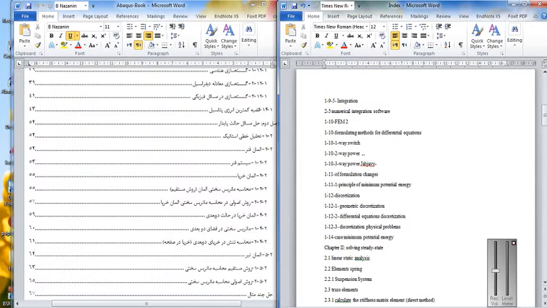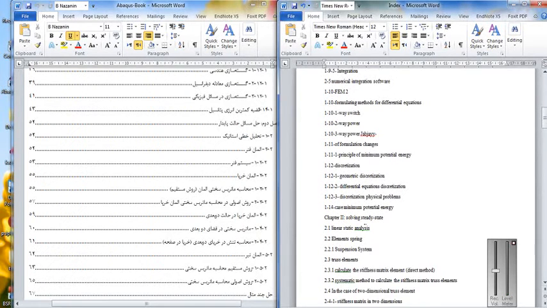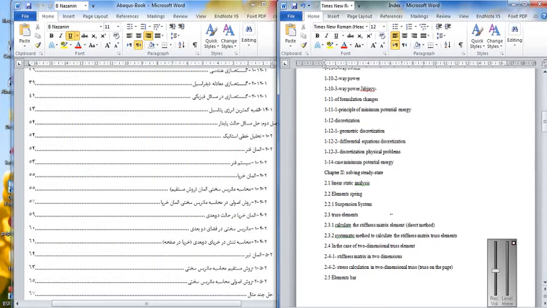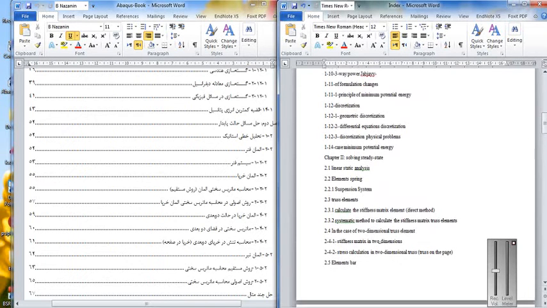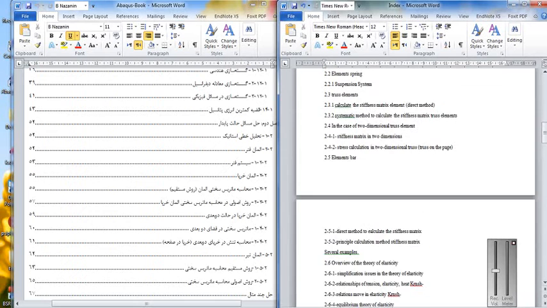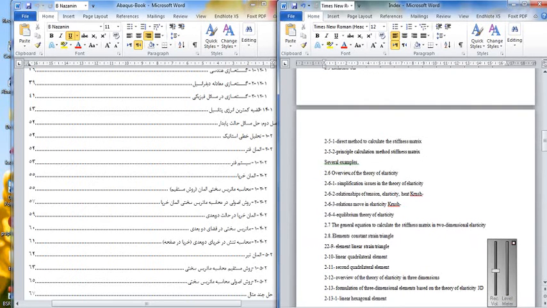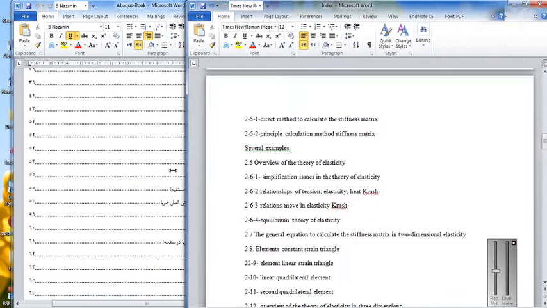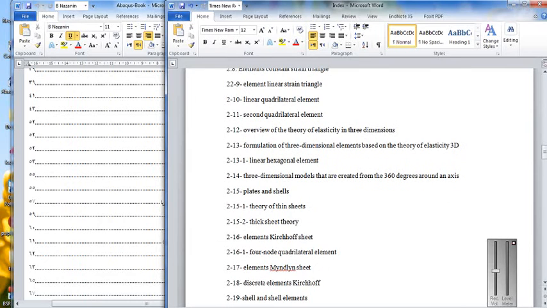And chapter 2, solving steady state or static analysis, linear static analysis, element spring suspension system, truss element, calculate stiffness matrix element, symmetric method, and two-dimensional truss element, and the other problems, element bar, and examples of elasticity theory, plasticity, and other subjects, shell and plate theory of thin sheet, thick sheet theory,